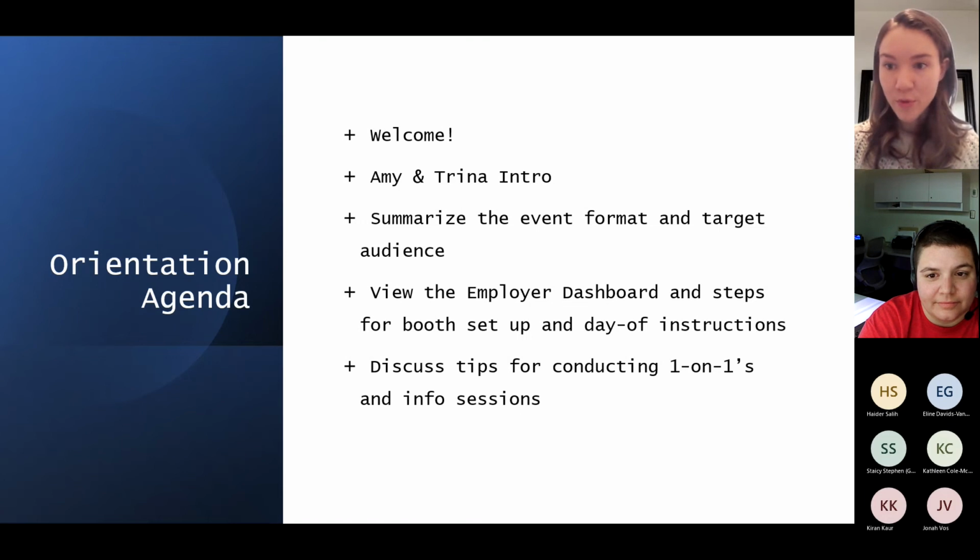And we'll go over the employer dashboard that was sent out. So this week, the first set of instructions for setting up your virtual booth went out. And there's a link to an employer dashboard that we created that just has some handouts and videos and steps to setting up your booth and the day of. So there's kind of a little hub of information there,